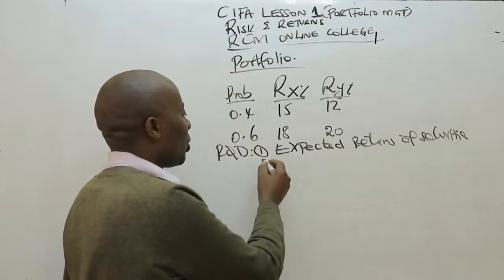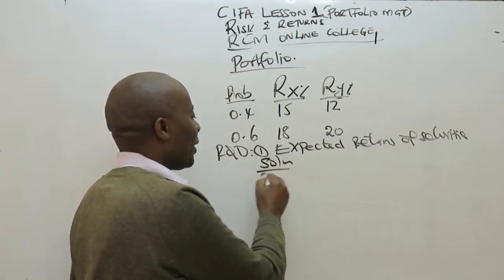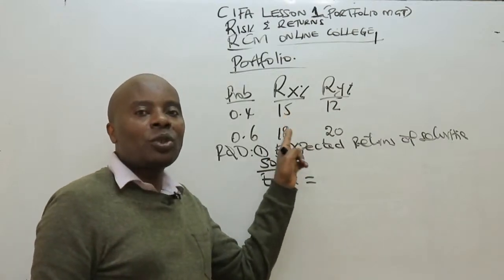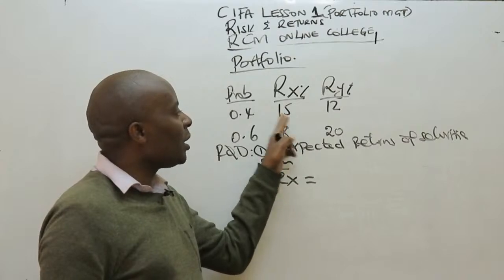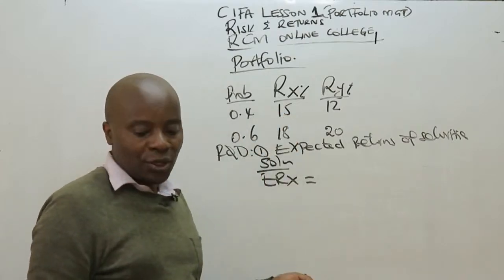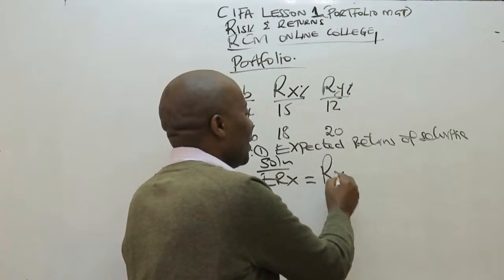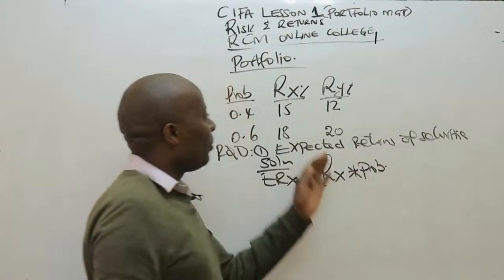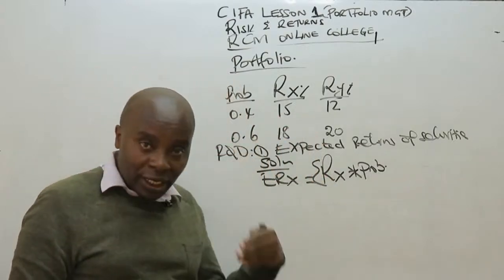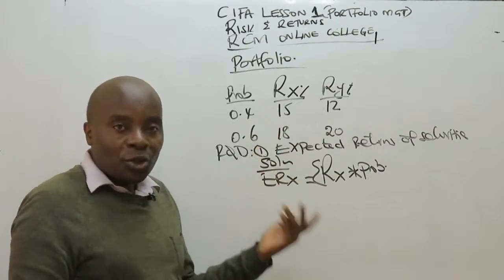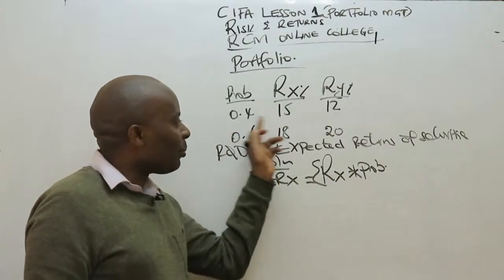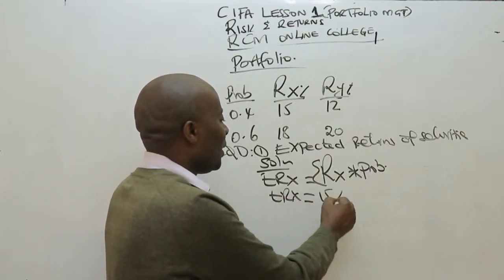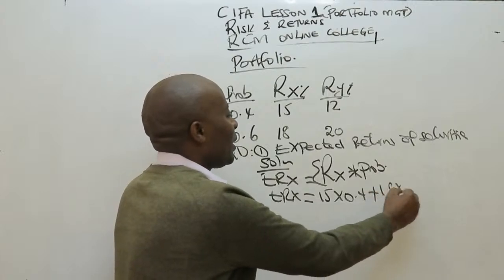So how do we get the solution? How do we get expected returns of X? To get expected returns of X, ladies and gentlemen, what you need to do is to take the actual returns given times their corresponding probabilities. You take, because we are not so sure whether it is 15 we shall realize, or 18. So what we shall do is to incorporate the probabilities there. So my expected returns of X here will be 15 times 0.4 plus 18 times 0.6,